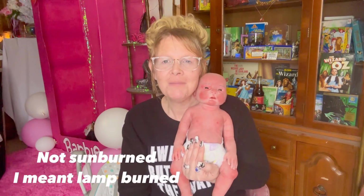And my son was gorgeous, a beautiful red little Indian. He looked like an Indian. It was so funny. And yes, I did freak out too when he was brought to me. I thought they burned him. I thought he got sunburned. It was just crazy. But no, this is a beautiful little boy, and you guys will be very happy with